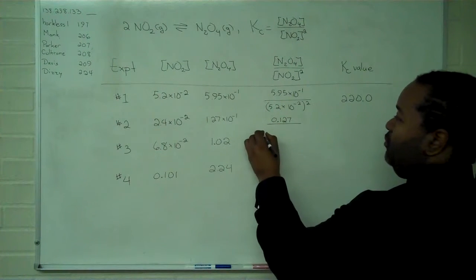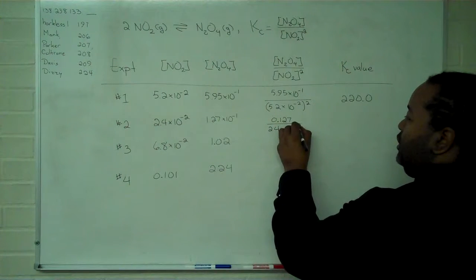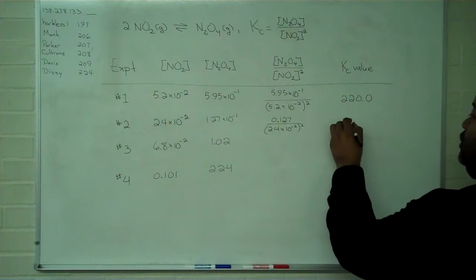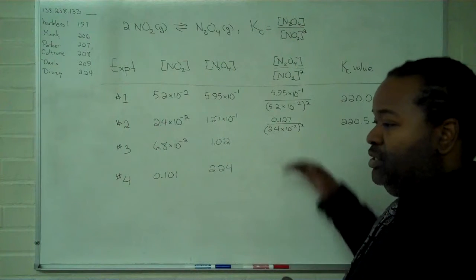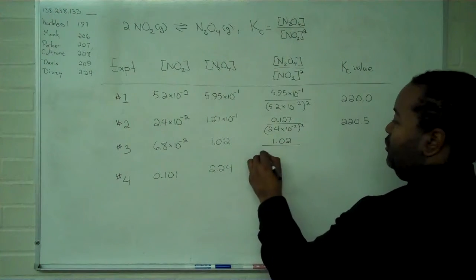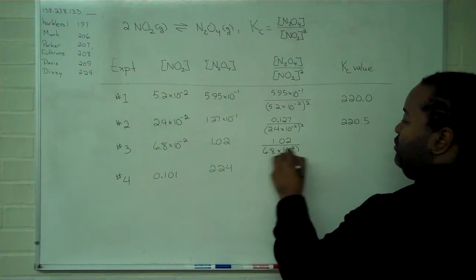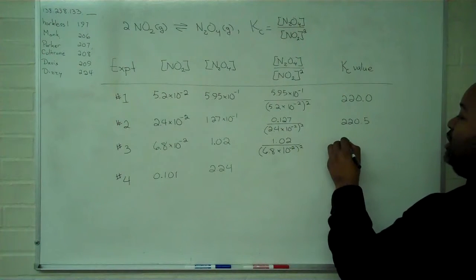0.127 divided by 2.4 times 10 to the negative 2 squared. And this one ends up giving me 220.5. Here we'll have 1.02 divided by 6.8 times 10 to the negative 2 all squared. And this value comes out as